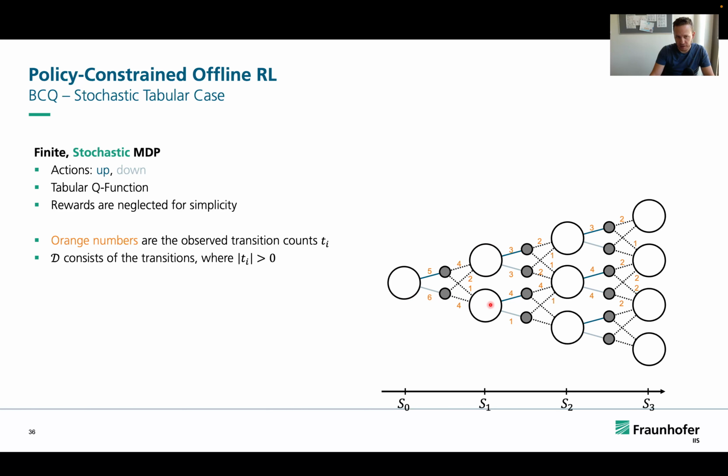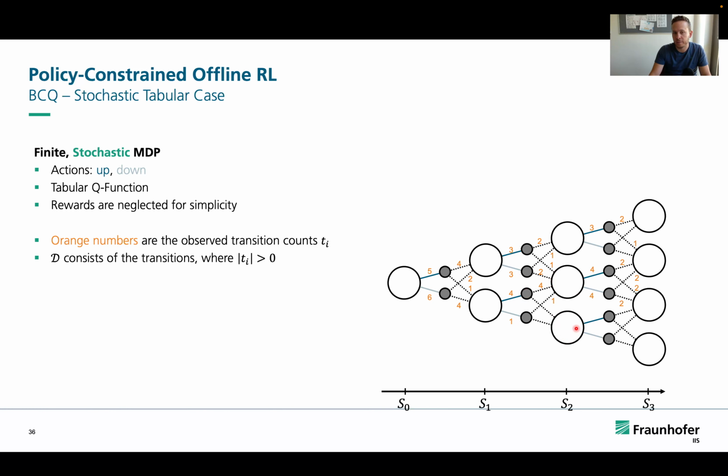Because there is a certain probability where you really end up in a different state. And this is really problematic. Consider, for instance, this transition of this state. You have an action that goes down in here, but due to the stochasticity in the environment, you really end up in this node. However, if you select the up actions by chance, you actually every time visit this state, but you never